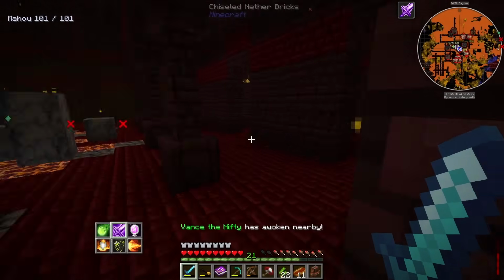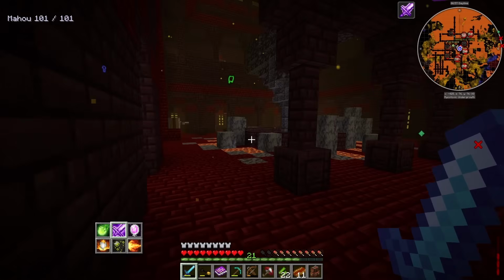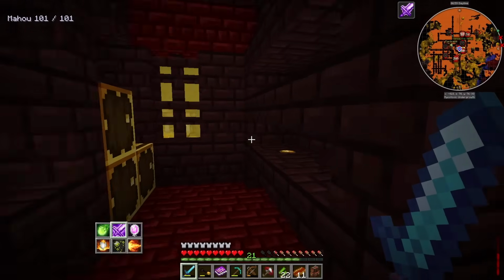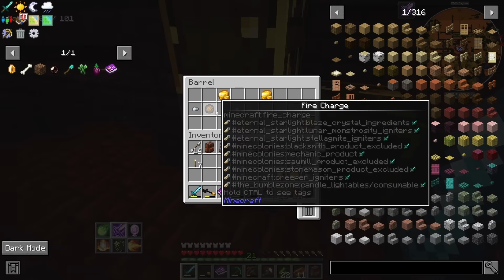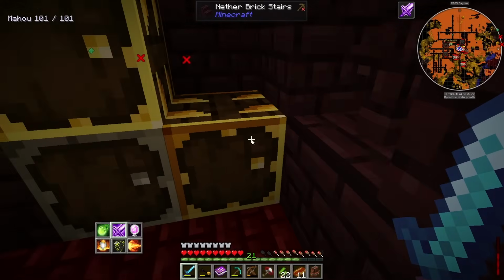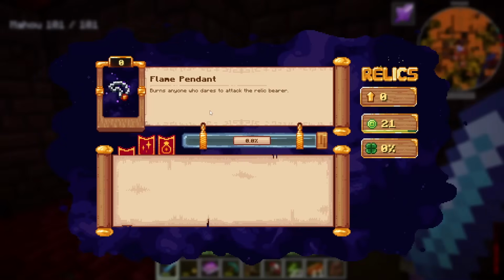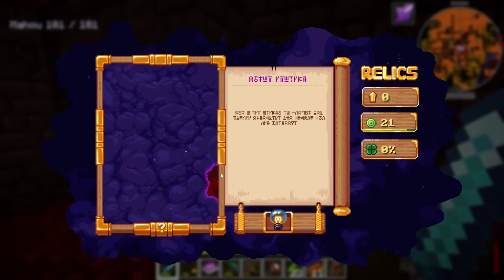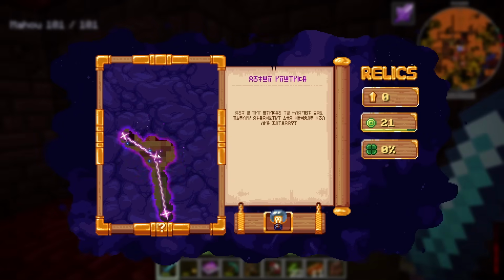And apparently we're just continuing on with the theme of spawning like a dozen bosses an episode now. Oh, it's another Hoglin one. I'm gonna try and avoid that one. That's just going to be a pain. Magma cream, flare charges. Oh, hello there. I want everything in that chest. Flame pendants. Burns anyone who dares attack the relic bearer. Is this a...